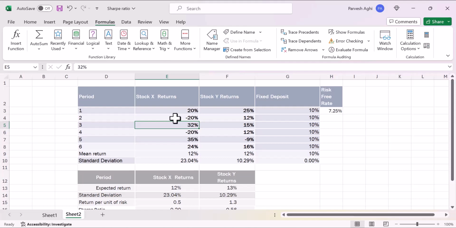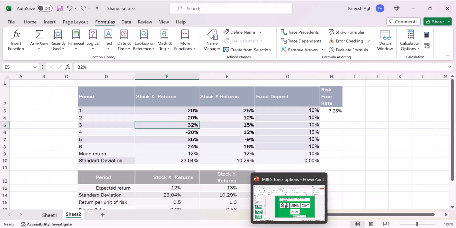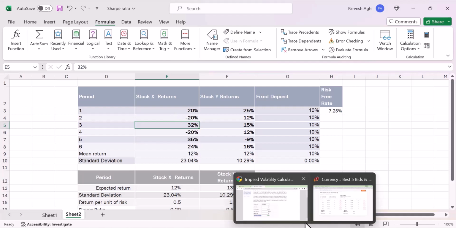So the call writer or put writer doesn't want to give you that chance. What will he do? He will increase the volatility. The cost of the premium will go up, which means he has built in 14-15% volatility. The stock is not that. He's charging you more. Fine. So what should you do? The stock is not going to move. So instead of buying a call, you should actually be writing a call. Because here, the premium is